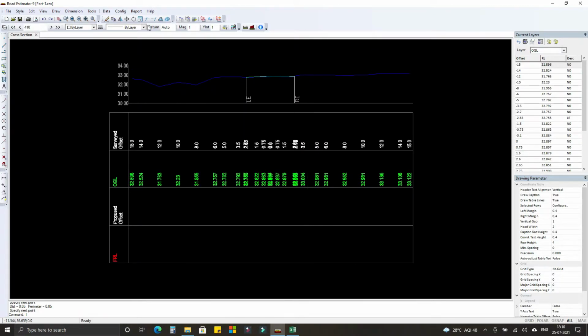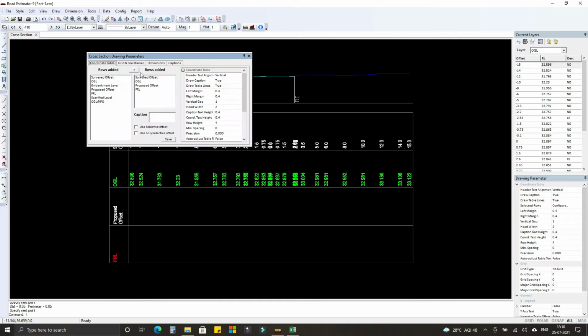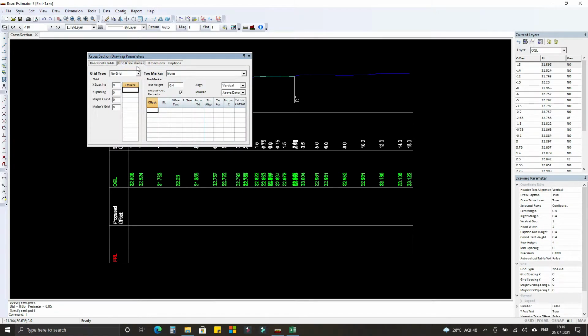Okay, so let's go to configure tab, cross section settings. Go to grid and toe marker, select vertical at specified, and toe markers at final toes. Okay, you will get this data. We don't need it.